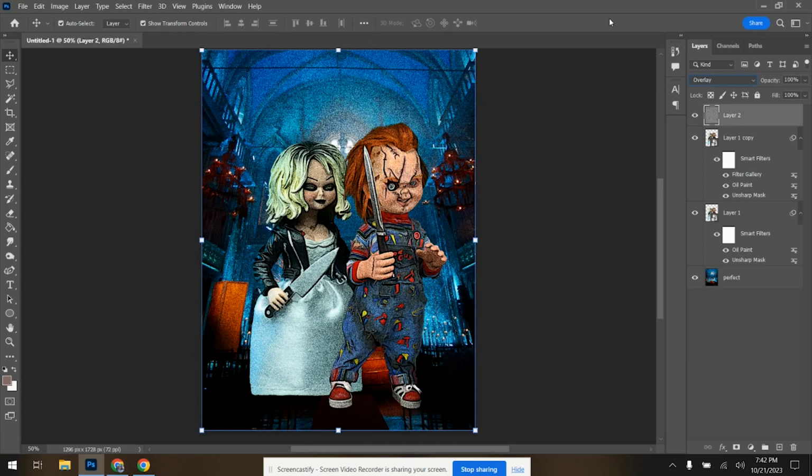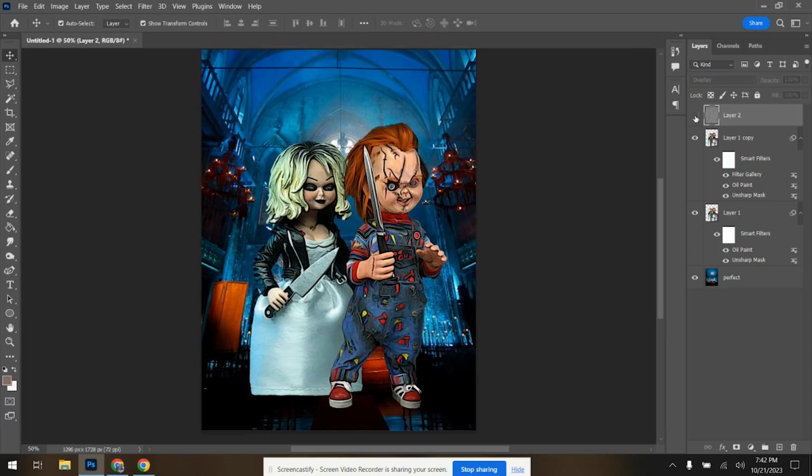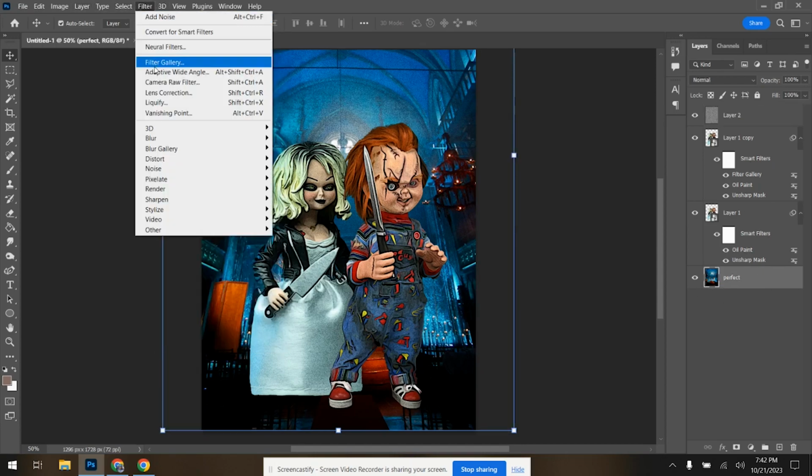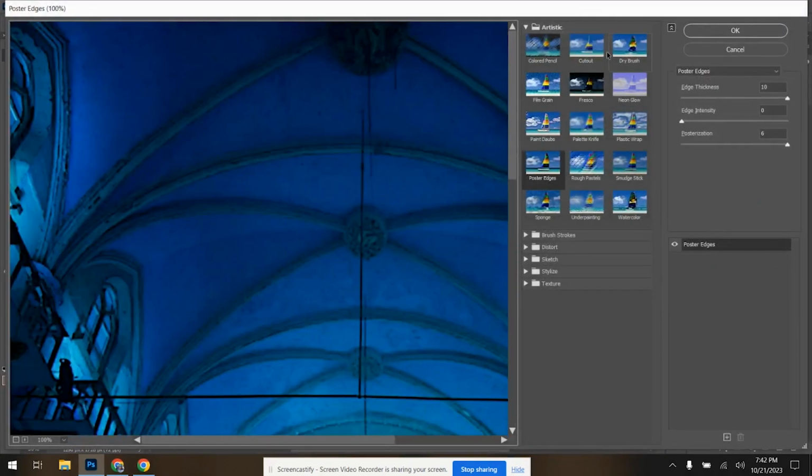And now, with this on, see all this stuff here? Like, say I wanted to do something else with it, I could without it being disturbed. And really, with the overlay, I'm also going to change my fill to about 28% there. Okay. The background layer, what I'm going to do is go up to Filter, Filter Gallery, put cutout